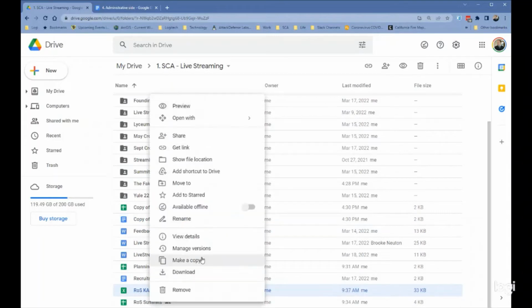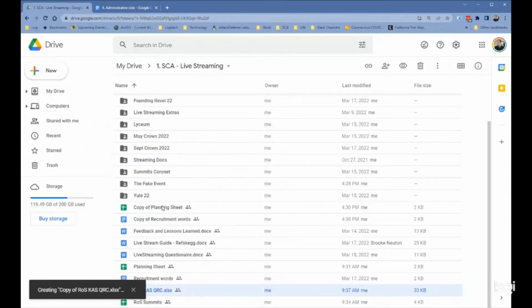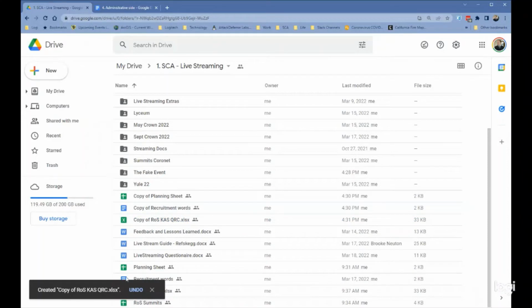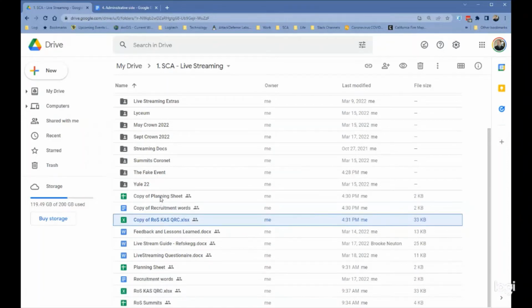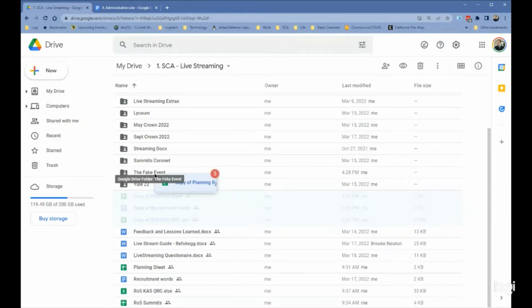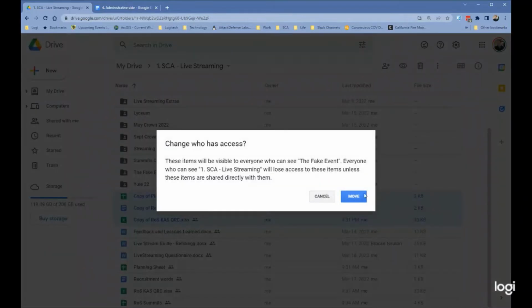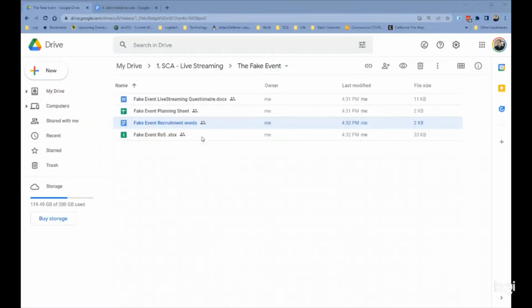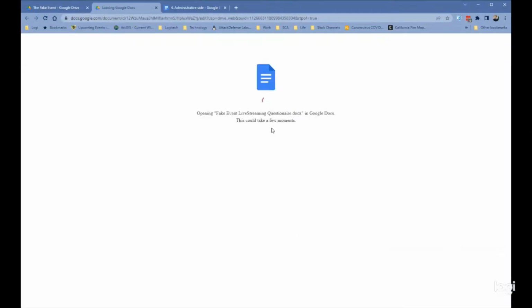And then our run of show. Take all three of those and drop them into our event. I've gone through and renamed everything. Let's go ahead and open up the questionnaire.